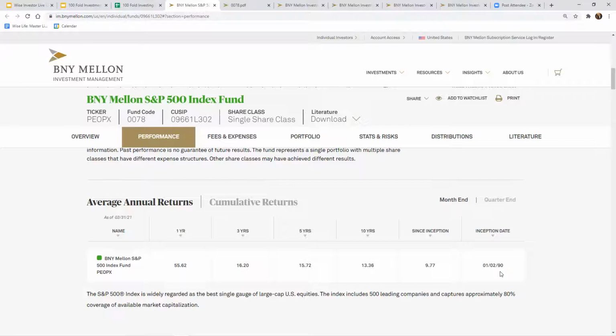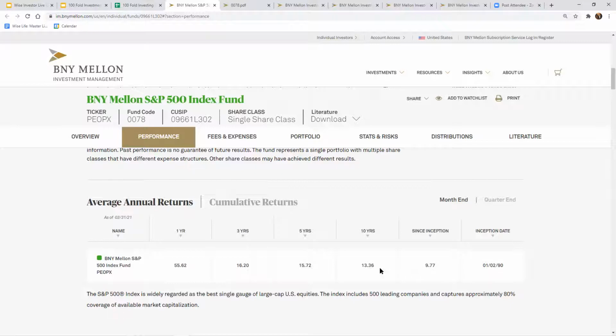So as of today's date in 2021, it's been around for 31 years. And over a 31-year period, it has produced on average 9.77%. So it's been doing it repeatedly, since inception for over 30 years. That's rock solid. All right.